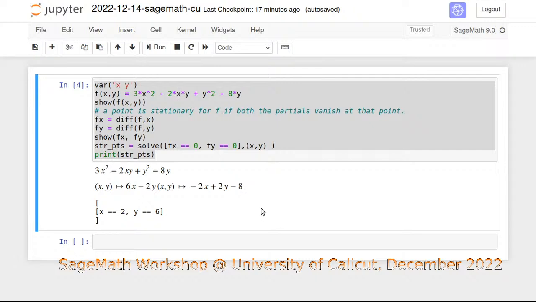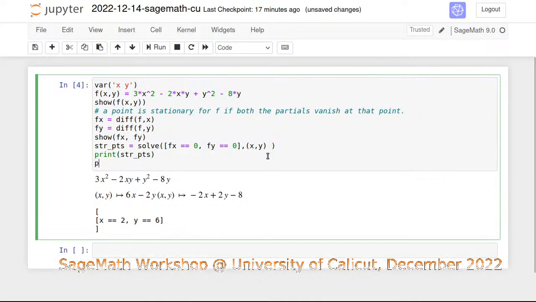Okay, so for plotting this fxy, essentially what we need is the plot 3D command. Instead of plot, we have plot 3D. The command is quite straightforward. Now we need to specify the x, y ranges. x within, say, -2 to